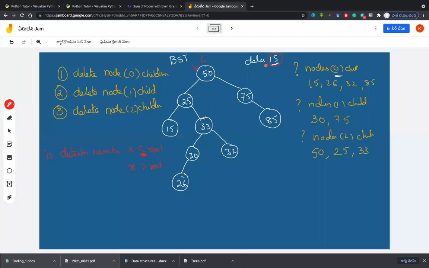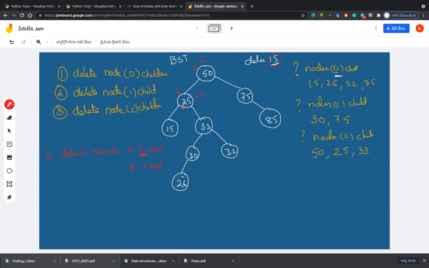But 25 is not equal to 15, and hence now using that order traversal, you can go for recursion and come here. And when you are here, you again check if 15 is less than 25 or greater than 25.